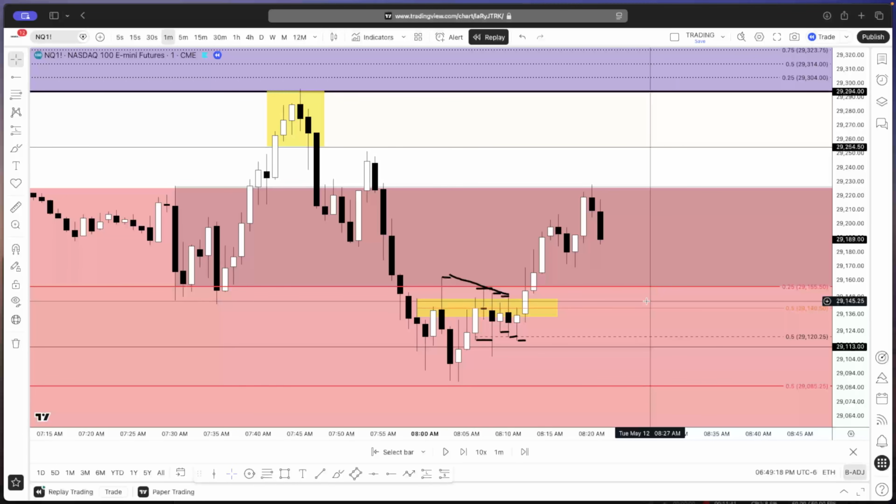I do consider this a full 4-pillar setup because holding the second layer PDR is holding the high time frame level. So you have your liquidity sweep, you have your high time frame level, you have your PDR set into motion giving you your bias, and you have your internal confirmation with the yellow box.